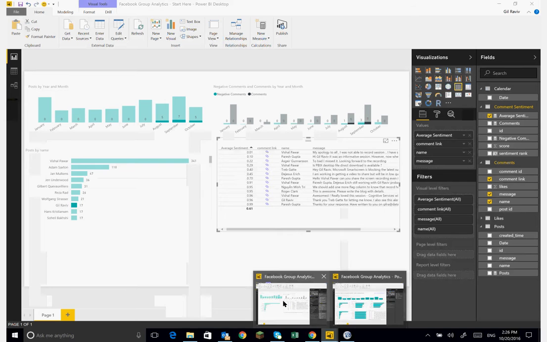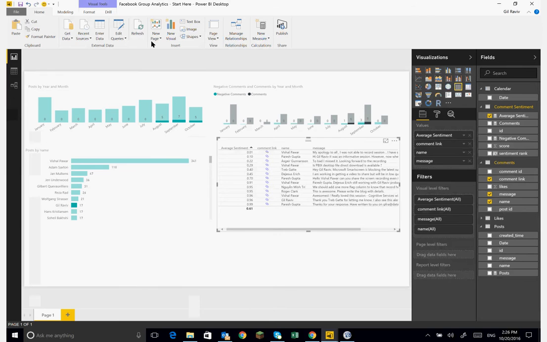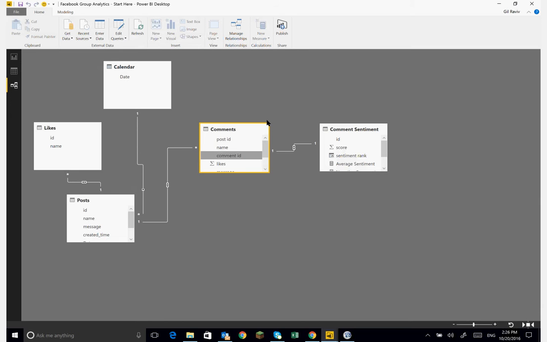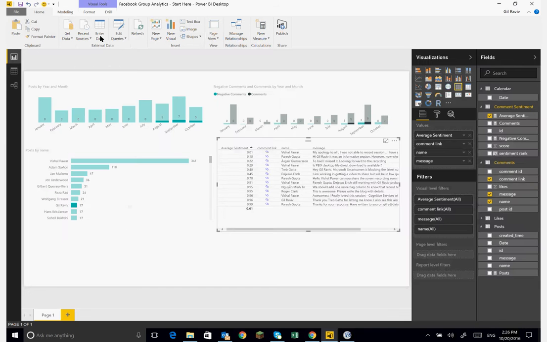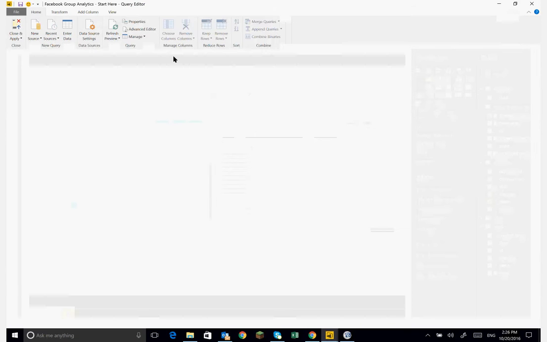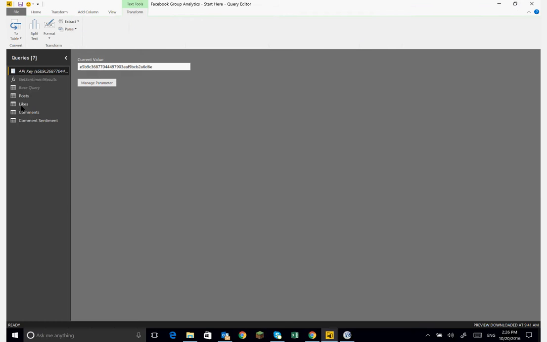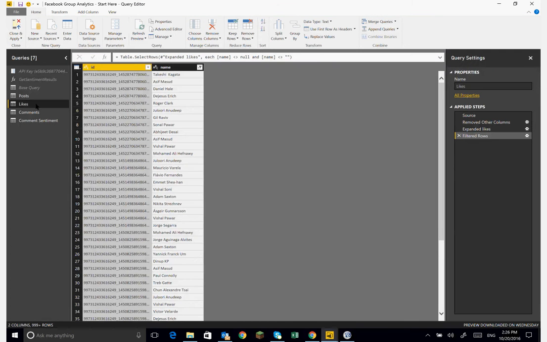I can now open this file and go under the get data, add additional data sources, and combine them together, mesh them up together, create a relationship here, or use the query editor. Inside the edit queries, I can also create all kinds of mashups to combine and append different tables together. You see here we have the merge queries and append queries that allow us to mesh up data from different